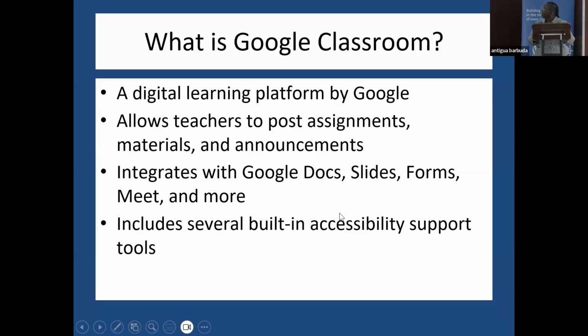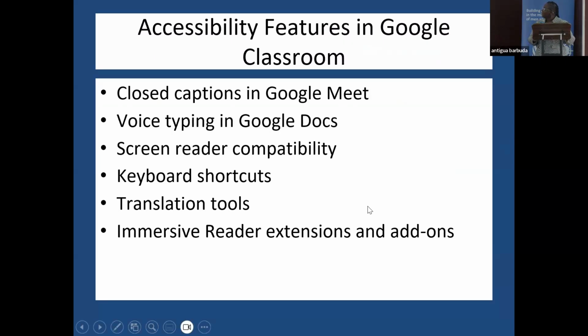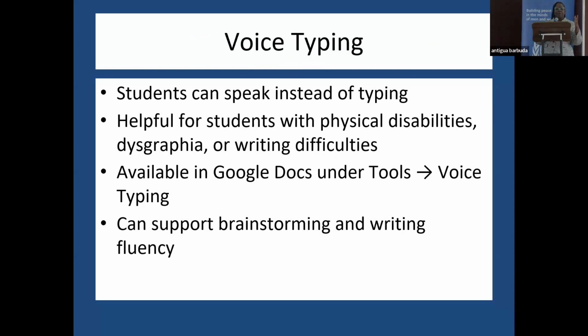Some of the accessibility features that you can find in Google Classroom are closed captions in Google Meet, voice typing in Google Docs, screen reader compatibility, keyboard shortcuts and translation tools, as Ms. Honoré mentioned, and immersive reader extension add-ons. Ms. Greenaway and Ms. Daly touched on that. But out of that list, I'm going to zoom in on just three. I'm going to zoom in on voice typing,